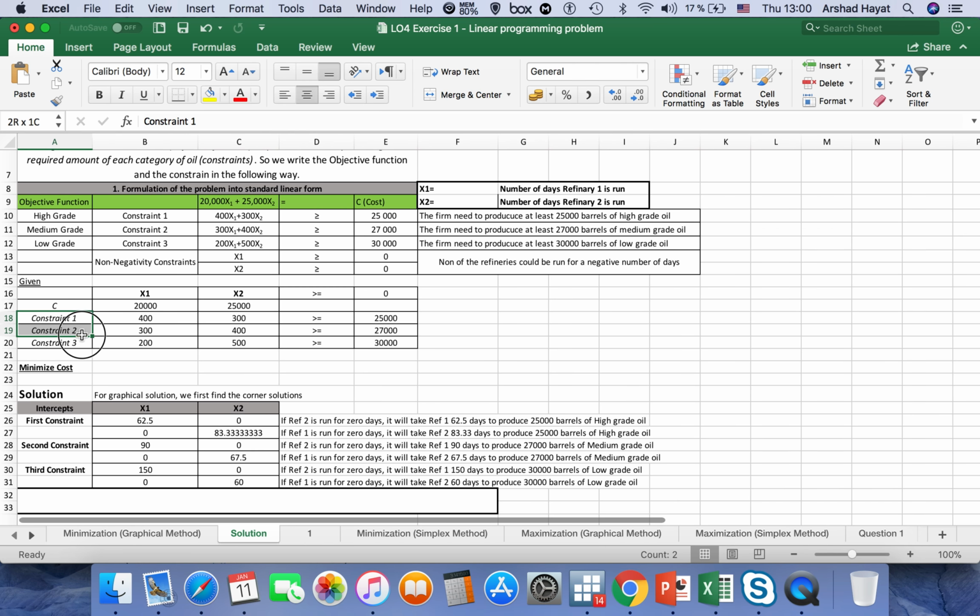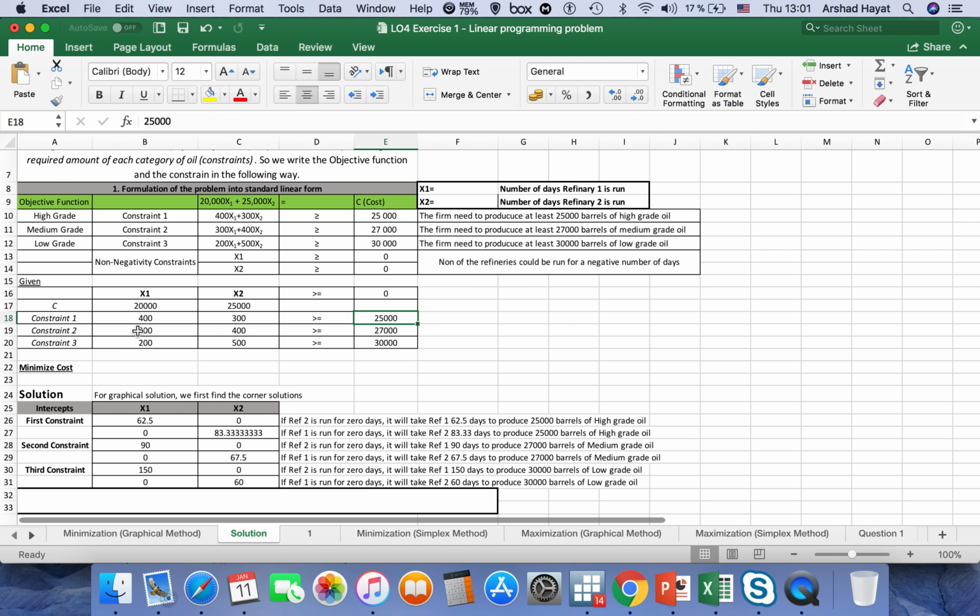Now coming back to these three main constraints, this is our main thing. So how will we write this? What we do simply is, this is 400 multiplied by x1, like this one, and then 300 multiplied by x2. So this is simply writing the same thing in matrix format. So 400 x1 plus 300 x2, that's this equation, and it should be greater than or equal to, or at least equal to